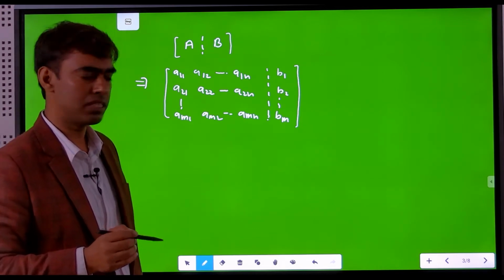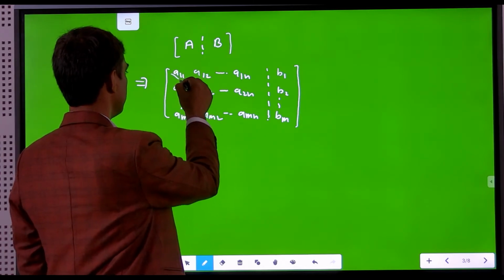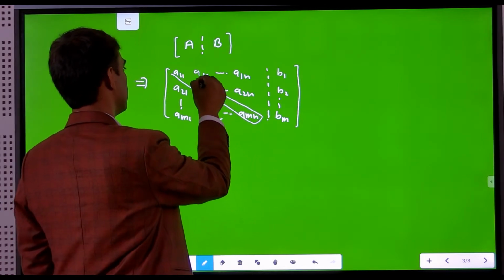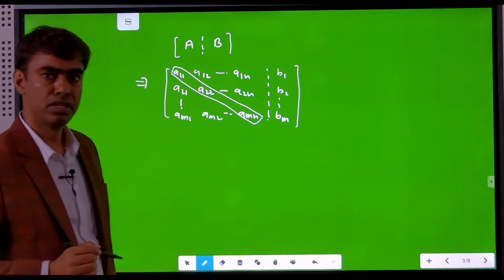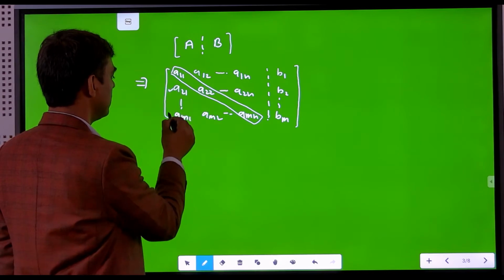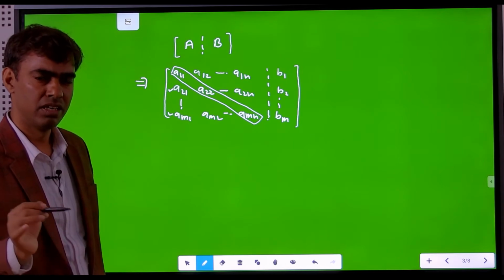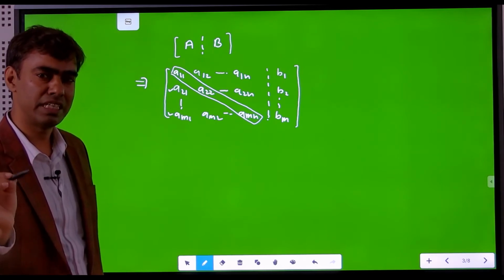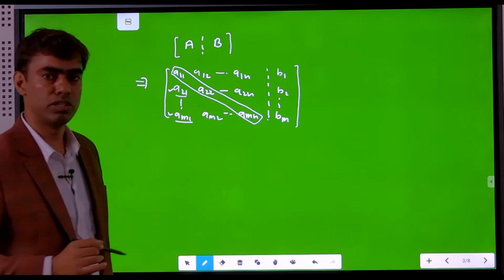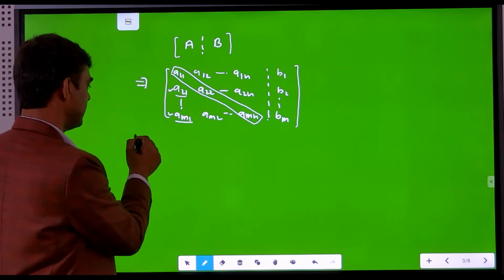Upper triangular matrix means below the diagonal elements, all elements become 0. This one is a diagonal element. This one is a diagonal element. This one is a diagonal element of matrix A. Now what is our aim? Our aim is to eliminate the coefficients of these elements. How do we eliminate? We try to convert the values of these coefficients equal to 0. So for this, the first stage of elimination,